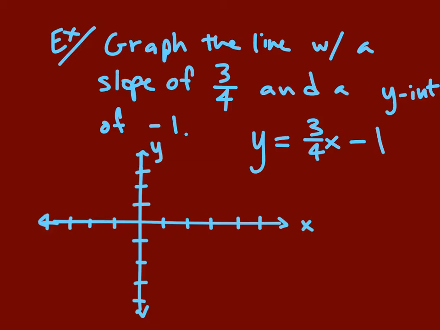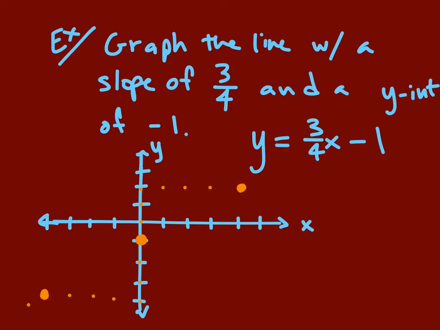Now once I draw a graph, the first thing I notice is that I want to plot my point at my y-intercept. Remember that my y-intercept is a starting point. So I locate -1 on my y-axis and plot that point. And then I use my slope to generate more points. So I would go up 3, 1, 2, 3, over 1, 2, 3, 4, and plot a new point. I would also go the same way, go down 1, 2, 3, go over 1, 2, 3, 4, and plot